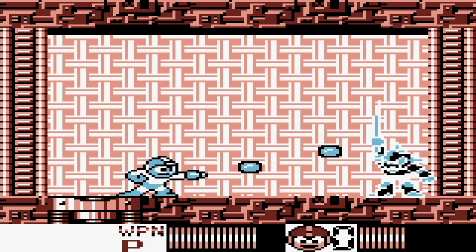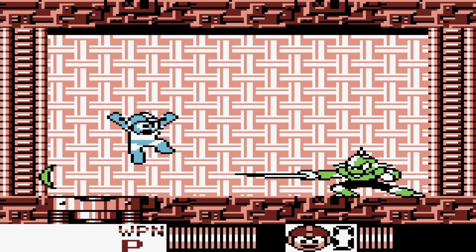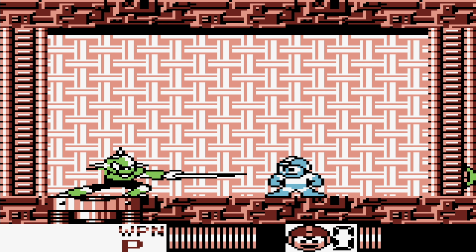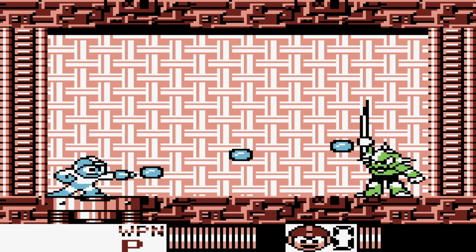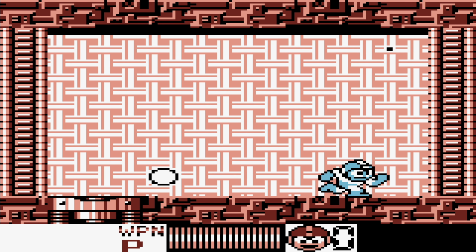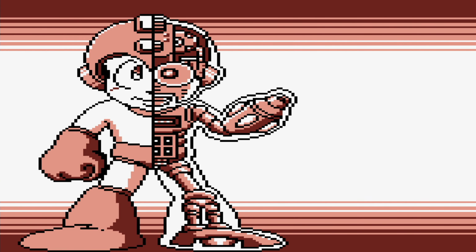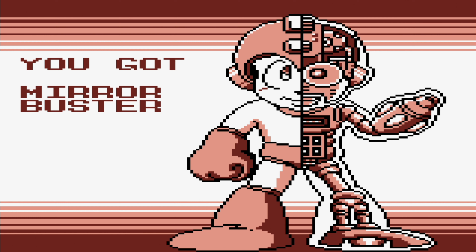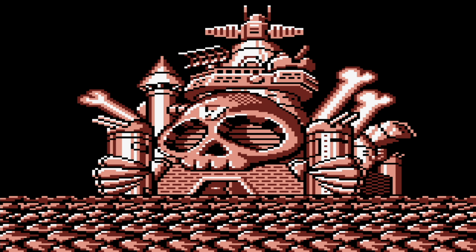Even though he's the 9th and final Robot Master we take on, he's by far the easiest in the game, I feel. Because of his predictable moveset. And not just predictable, also very slow moving. That was Enter, the first special Robot Master on the Game Boy. But because of him still being a Robot Master, we're still going to receive a special upgrade, the Mirror Buster,